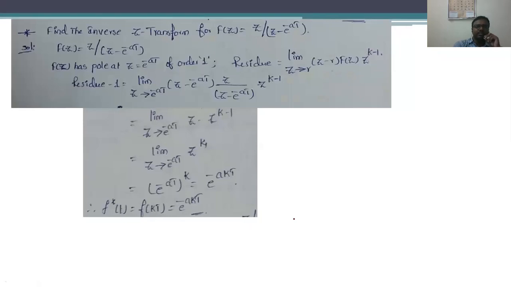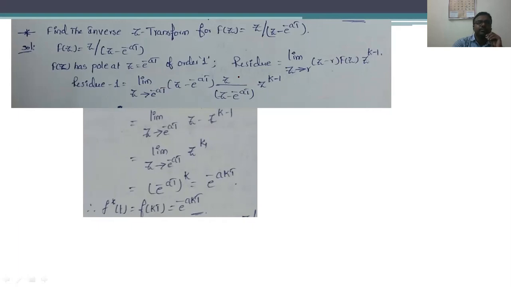Okay. So next one is find the inverse Z transform for the function f of z is equal to z divided by z minus e power minus at. In this one also we are having only one single pole, that is z equal to e power minus at, and the order of the pole is also 1. Therefore, residue r1 is equal to limit z tends to e power minus at of z minus e power minus at